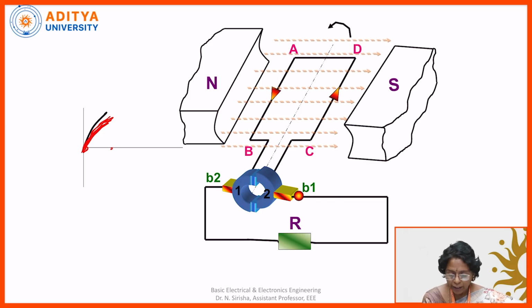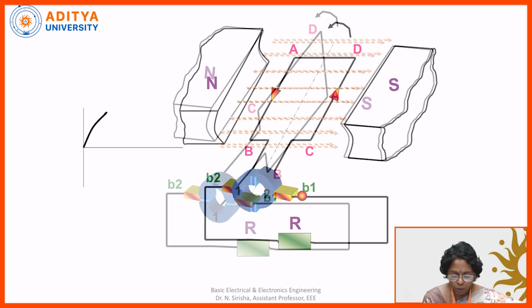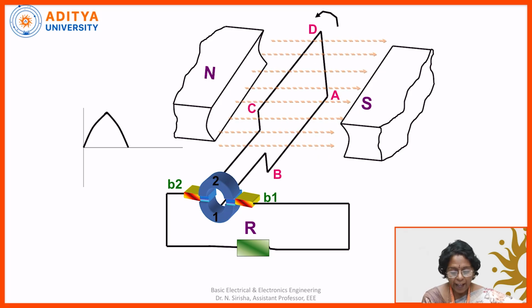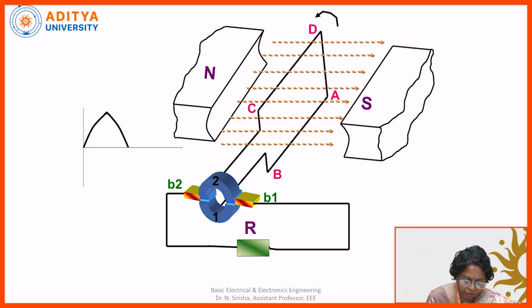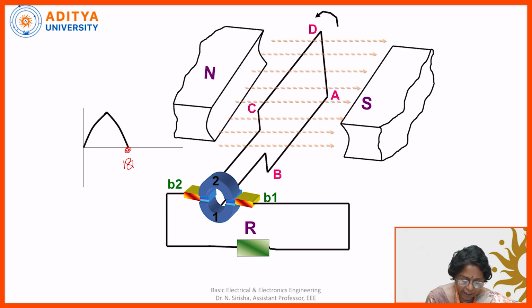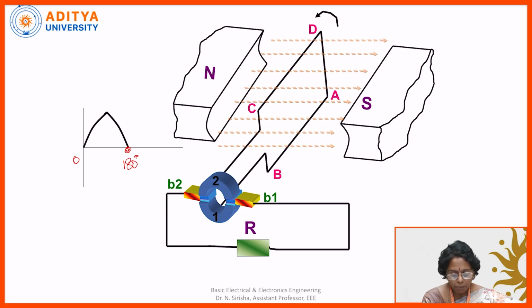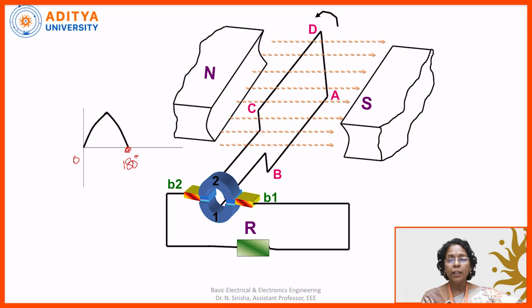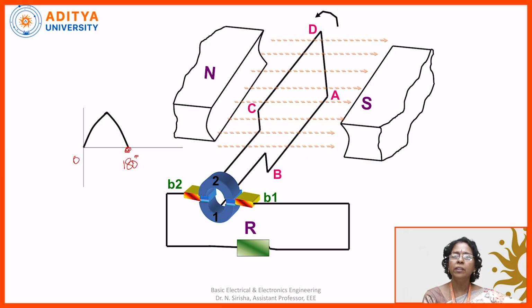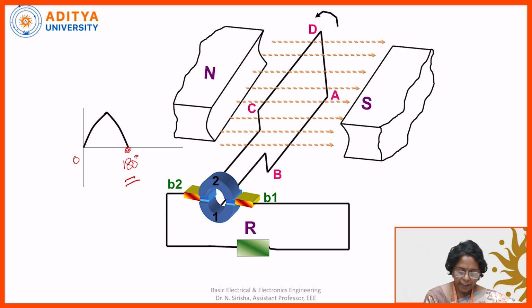Similarly, this rectangular coil is moved for one more 90 degrees slowly. Right. At 180 degrees, the EMF induced will be 0. This is 180 degrees. From 0 to 180 degrees, the coil is moved and the coil turns are reversed here. So, CD is on the top and AB is at the bottom. At 180 degrees, EMF induced is 0, since all the magnetic flux passes through the rectangular coil and it is parallel to the rectangular coil. Here at this instant, no EMF will be induced.